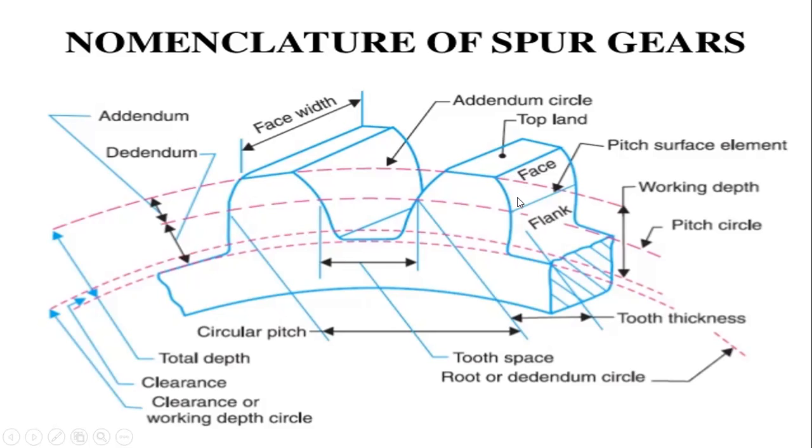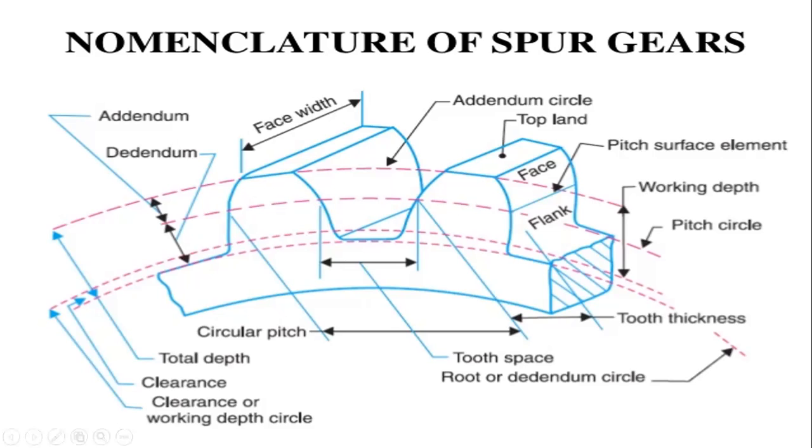This is the face, which is above the addendum circle. The topmost part of the addendum circle is the face, and the top surface of the tooth is called the topland. This is the topland, which is flat and parallel, and it consists of a pitch circle. This is the pitch circle from the center region, that is the border of the addendum and dedendum surfaces. The border of the addendum and dedendum surfaces can be taken as the pitch circle.